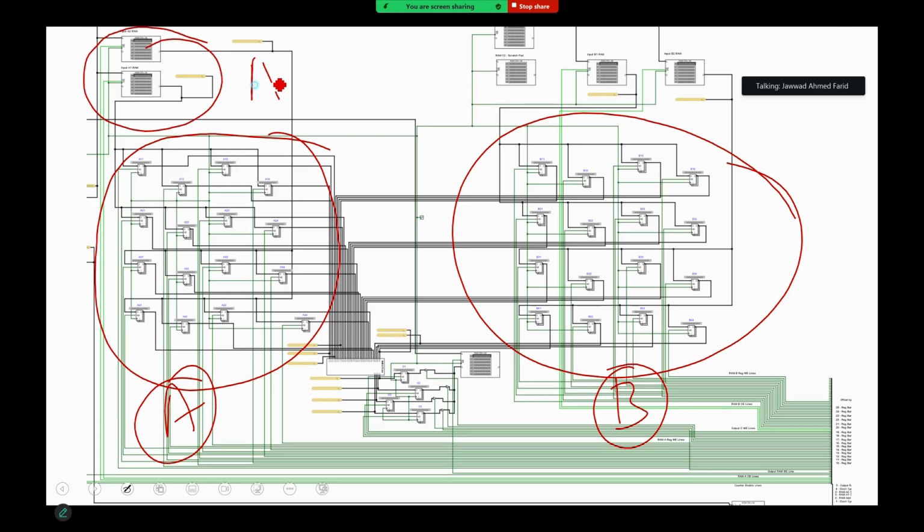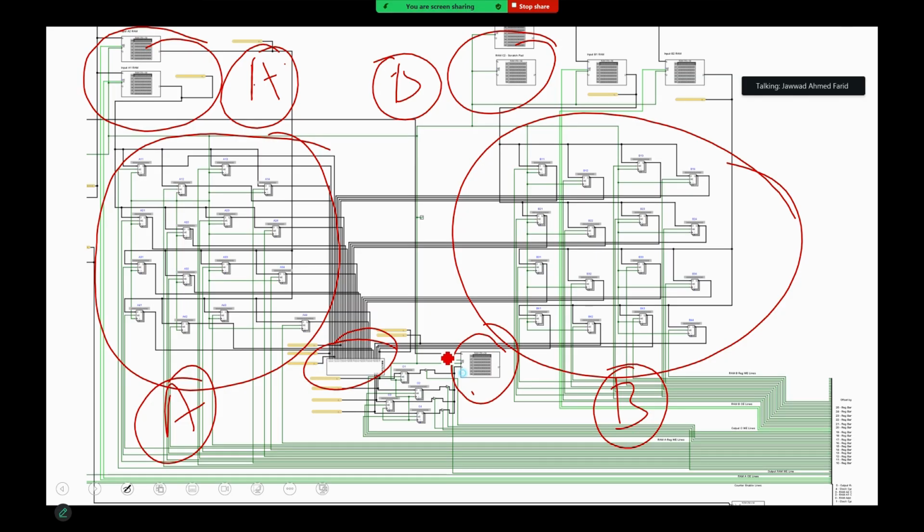These are RAMs for loading A. यहाँ पे भी आपके पास 2 RAMs हैं. These are RAMs for loading B. At the hardware level, I can say कि मेरे पास 16 registers हैं और ये आपका processing element. This is your processing element. ये आपकी output RAM है. ये 4 हमने registers यहाँ पे लगाए हैं, which I would call bank C. This is for output RAM.